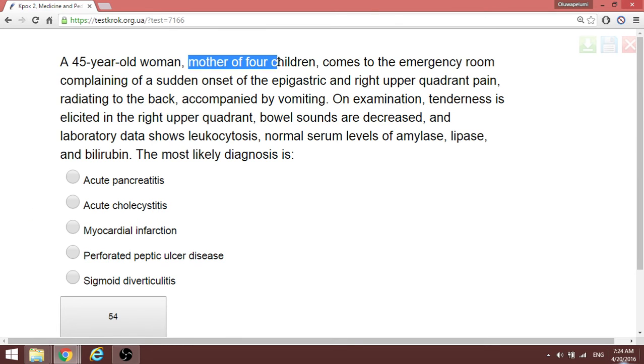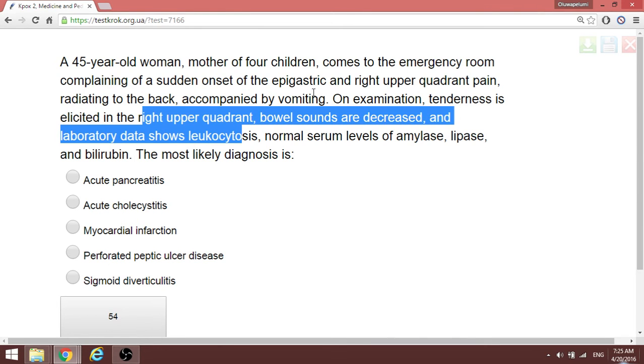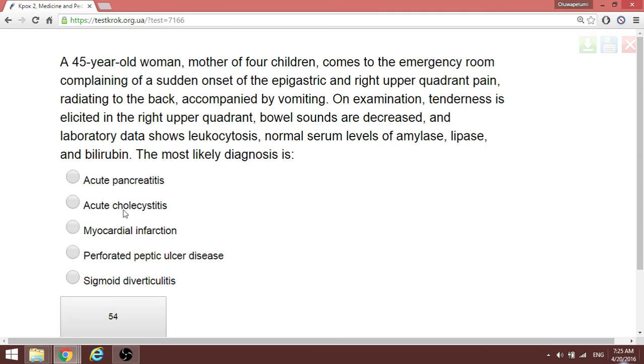A 45-year-old woman, mother of 4 children. We said before, when you have a woman over the age of 40 who is fertile, that is, has 4 children and so on, you are thinking of disease of the gallbladder even before considering the question. And now we have right upper quadrant pain and so on. So this is the only gallbladder situation here, acute cholecystitis. In some other question, the answer may also be cholelithiasis. Anyway,